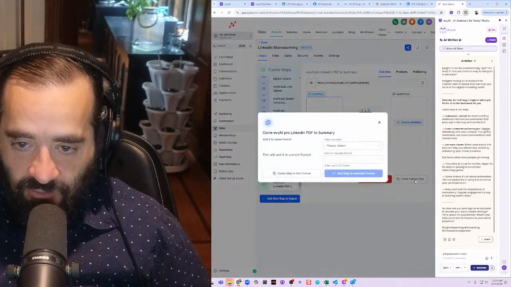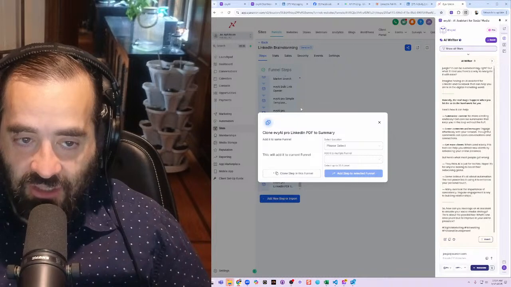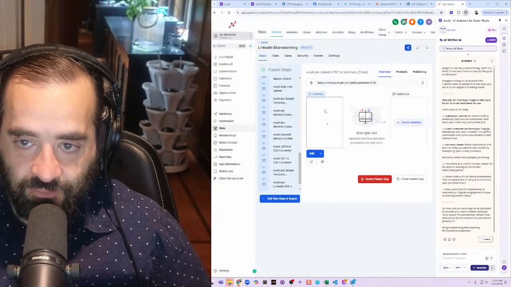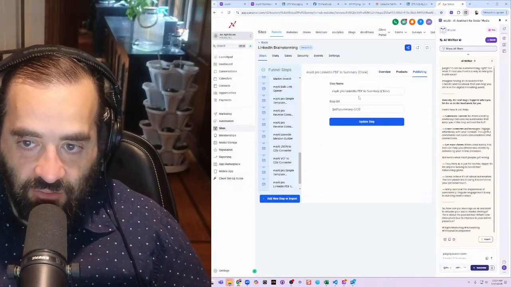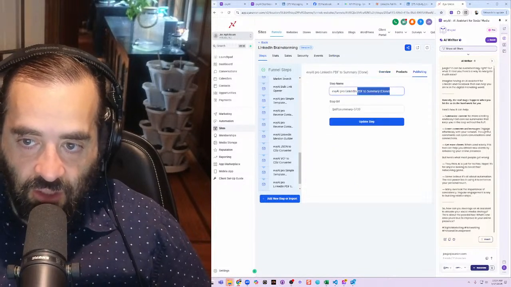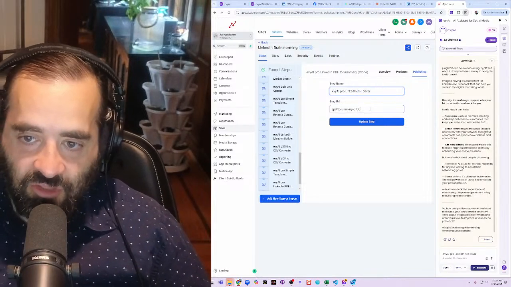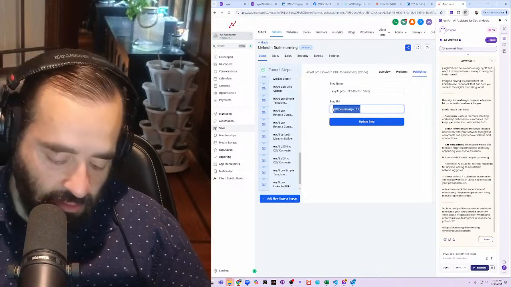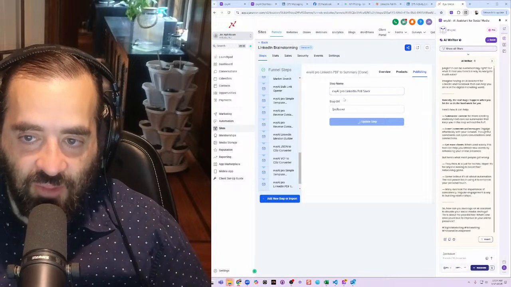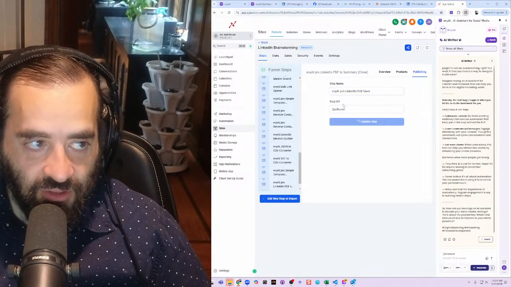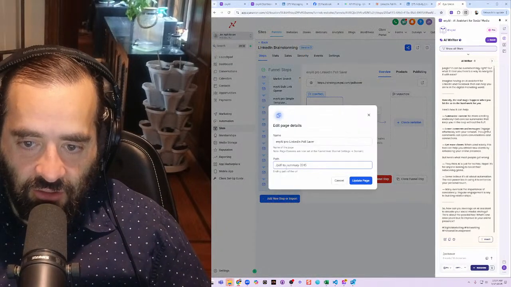I'm going to click on Clone Funnel Step, so it basically clones the whole funnel. You see that? Now I have the whole funnel cloned. Now I just have to rename it. I click on the rename button here: Evie AI Pro, LinkedIn Poll Saver, and then slash Poll Saver. Now I'm going to press Update Step, and that's going to name this page LinkedIn Poll Saver and create the URL. Now I'm also going to click on this little gear here and fix this too,